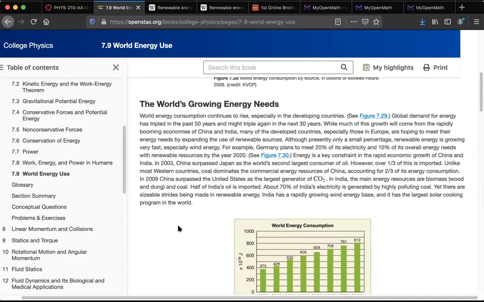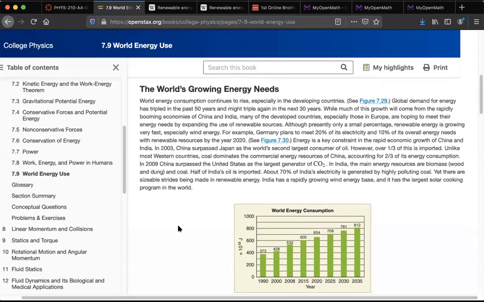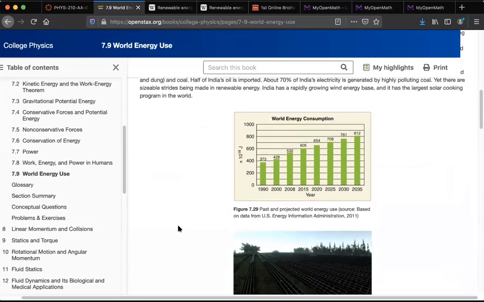Basically what they're saying is that in order to have a technological civilization like what we have, it's got to have energy. Okay, and so this much is true. This much is obvious. Okay, but, and they explain how